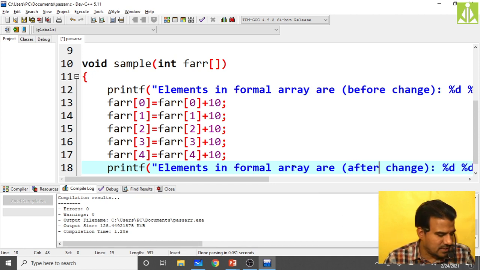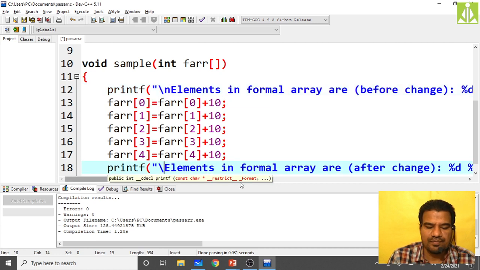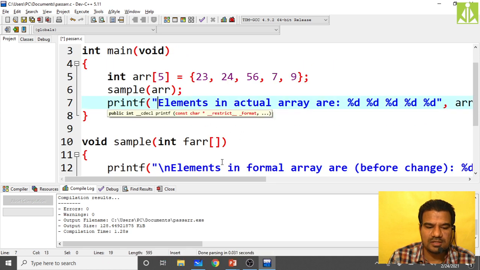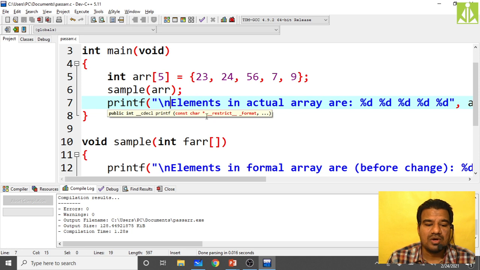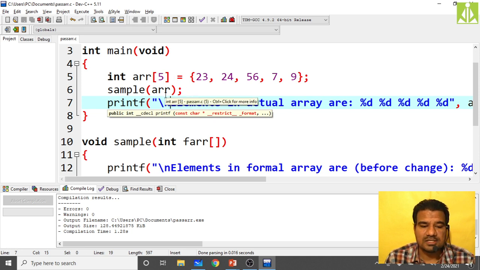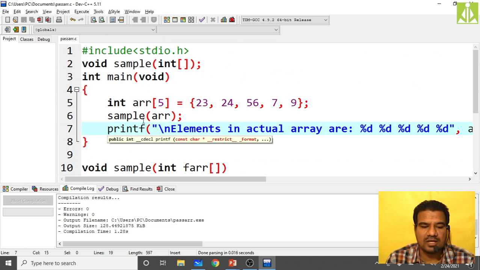Just put \n at each printf statement just to have the line separation in my output. So here one \n and here also one \n, and go to the actual parameters and \n. So like this, save this program, and now just understand what I am doing. I have declared an array and I passed that array to the sample function.